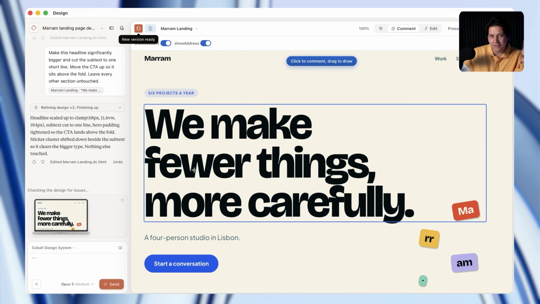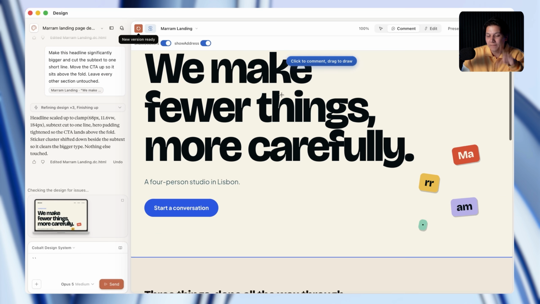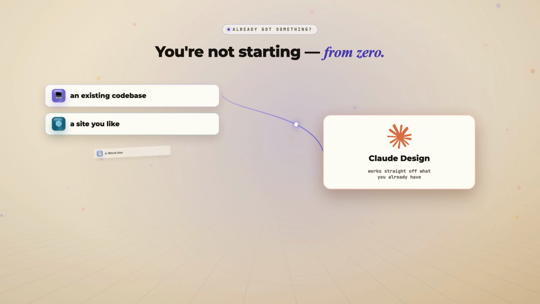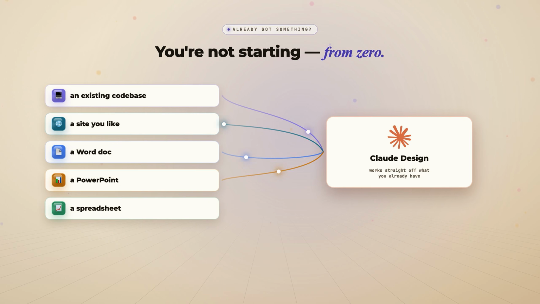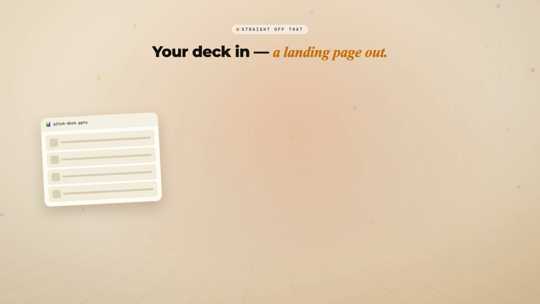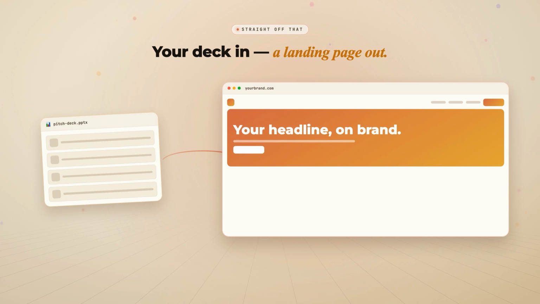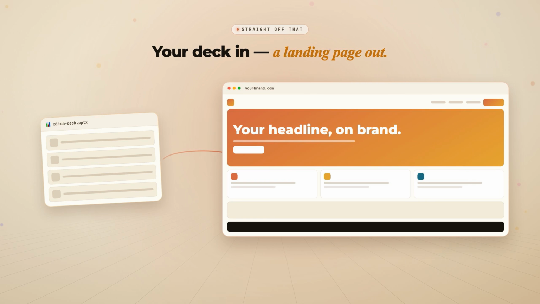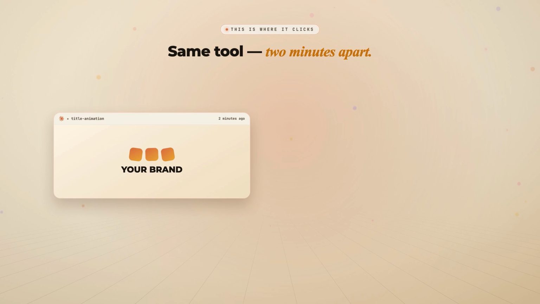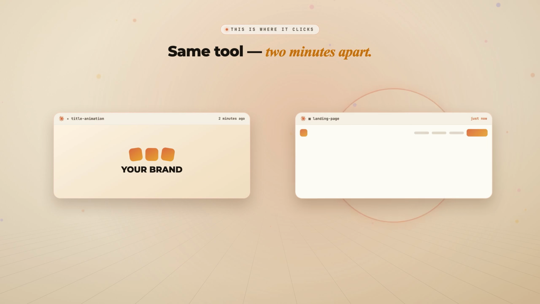Now, one more thing that I really want to mention, and this is really worth knowing: if you've already got something built, okay, you are not starting from zero. You can pull in an existing code base, you can capture a site that you like the structure of, or you can simply bring in a Word doc, a PowerPoint, or even a spreadsheet, and it will work straight off of that, using it as its example. Now, this is usually the moment where it begins to click for people, okay? This is the same tool that built the title animation 2 minutes ago,